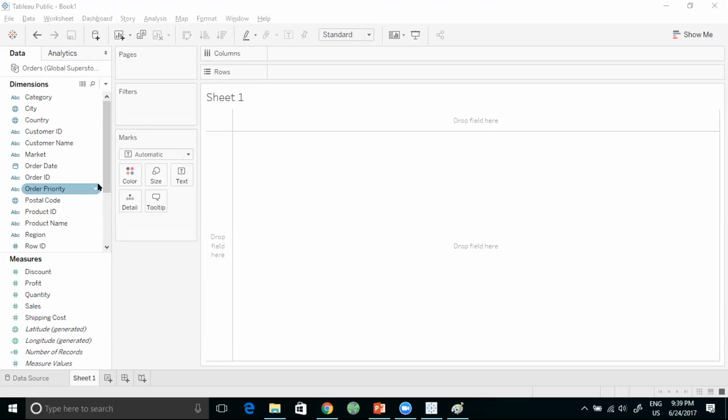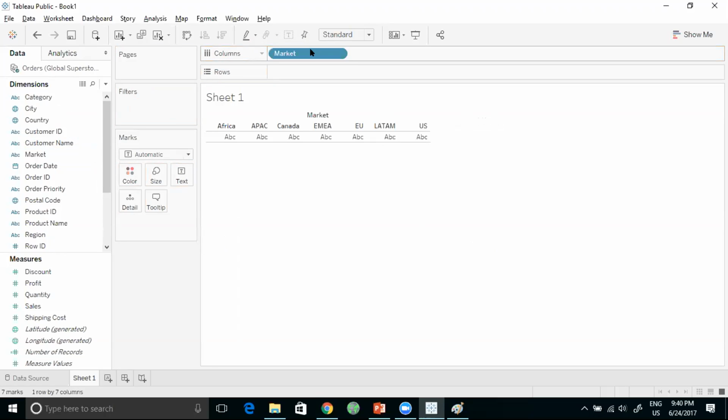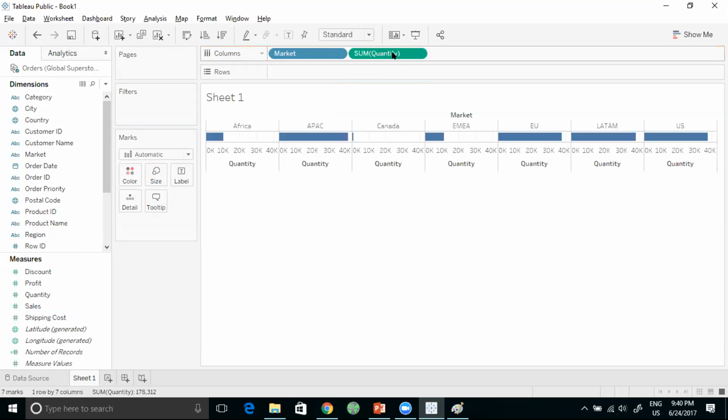All right, so now look how quickly we're going to move from this point to actually creating a meaningful visualization in Tableau. And time me on this as I find out which geographies or which countries we're doing a lot of business in. So what I'm going to do is pick up the market. I'd like to know which markets we're doing business in and drop it on the columns of the pivot, right? I drop market on the columns, okay? And I'm going to drop the total quantity that I've sold on the columns as well after market.